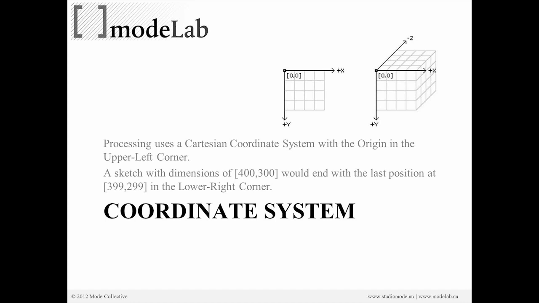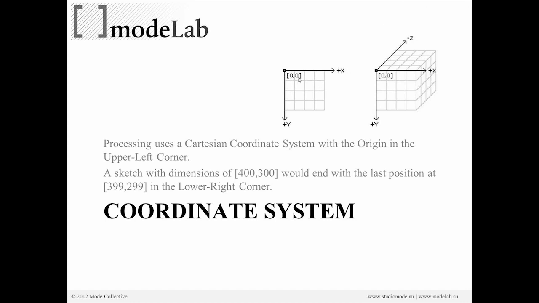So again, the display window, which is essentially the graphical display of what our program is producing, that's really like a sketch pad, right? And we're going to sketch some shapes on that sketch pad. And the sketch pad is broken down into a grid that's based on pixels, where the origin is in the upper left-hand corner. So Processing uses a Cartesian coordinate system where the upper left-hand corner of our display window is